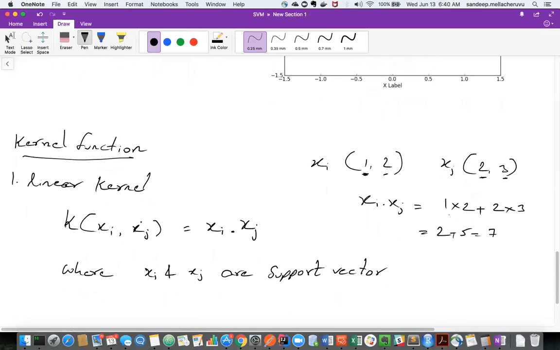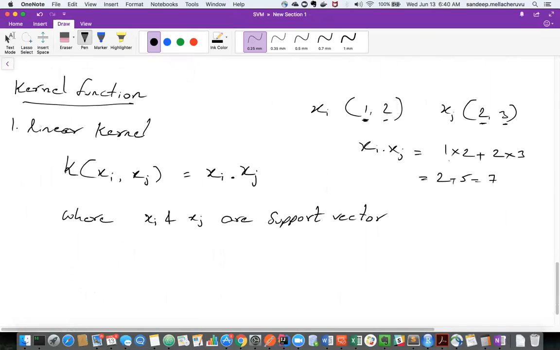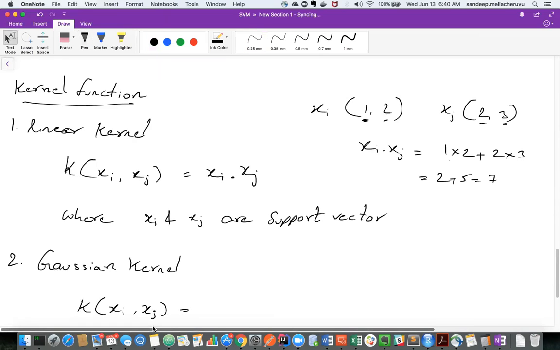Linear kernel will work on dot products to create higher dimensional values. So that is the first one. Then the second one is Gaussian kernel. Kernel of xi comma xj. Gaussian kernel simply means that we have to use the normal distribution formula. So Gaussian kernel will look like this: e power